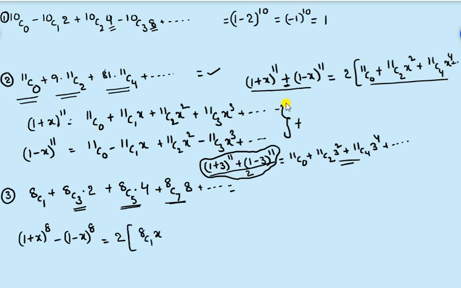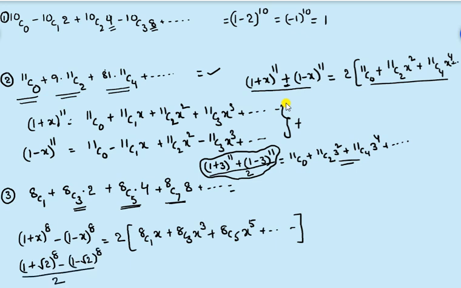8C1 into x, 8C3 into x cube plus 8C5 into x to the power of 5 plus and so on. But here 8C1, 8C3 into 2 is there. So what to do? Now observe what I am doing. (1 plus root 2) whole to the power of 8 minus (1 minus root 2) whole to the power of 8